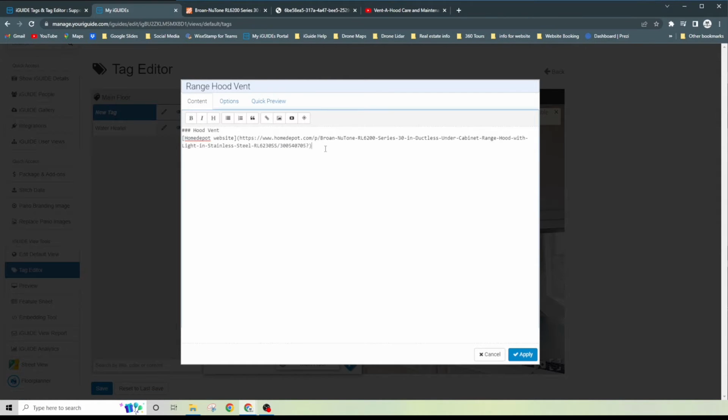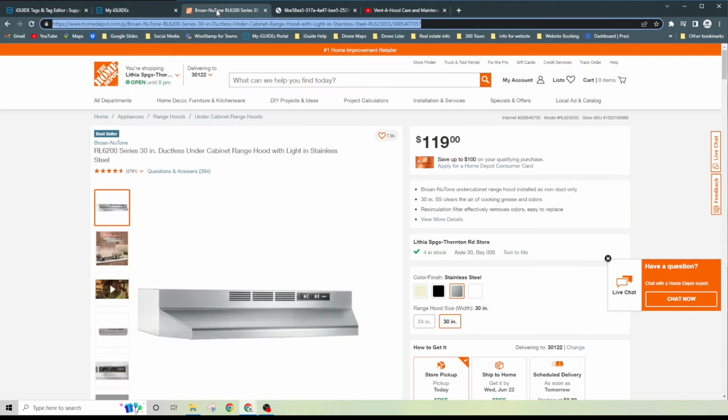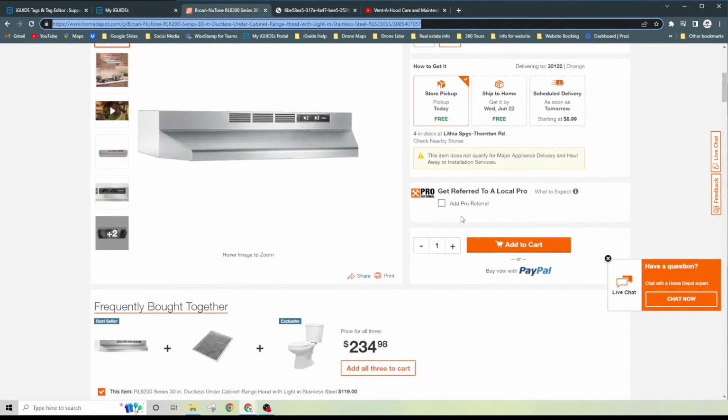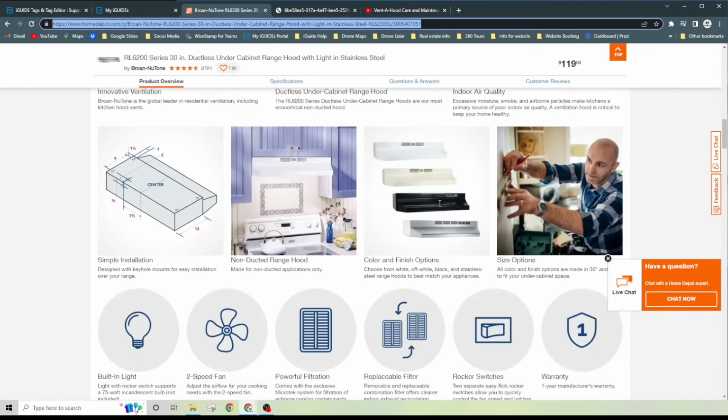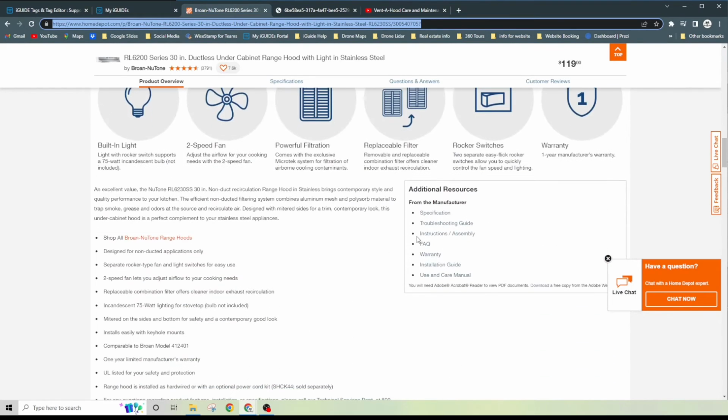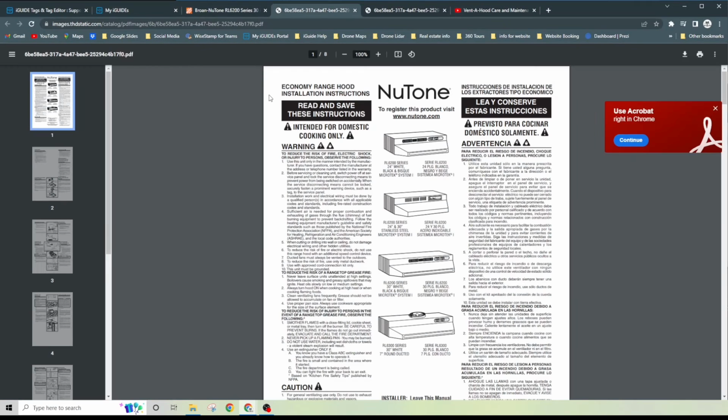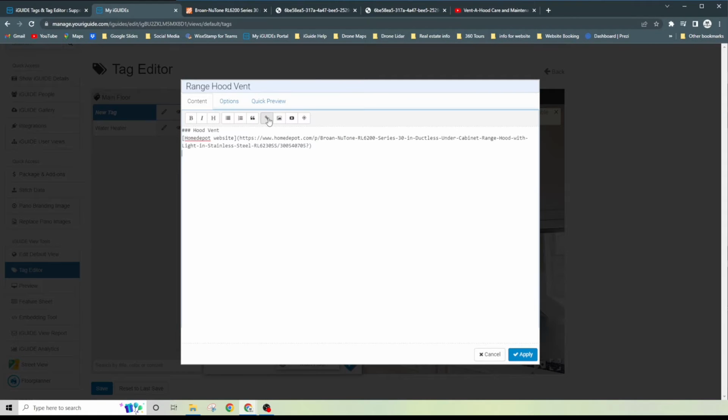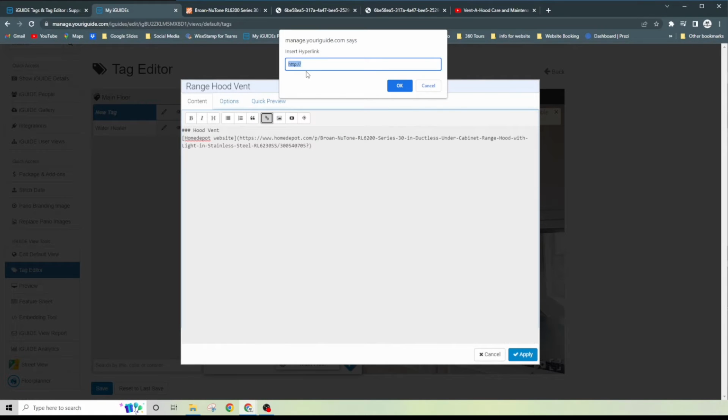So once you've done that, you can also add additional information if you wanted to. So say that you also wanted to add maybe a care or instruction or care manual, right? So you want to add this as a PDF. So again, all you do is just double click, make sure everything is highlighted. You're going to right click, copy, go back to your iGuide, hit on your links, then Control V